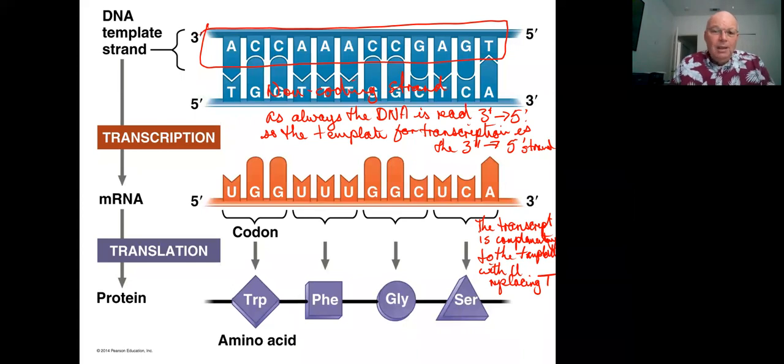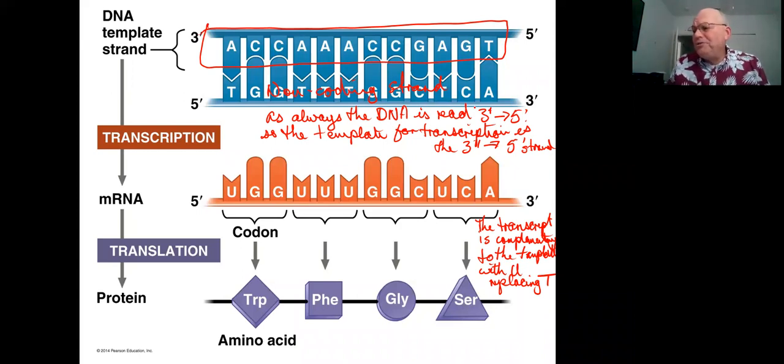direction they're read in. And the reason why this is the case is because in bacteria, you've got a very small DNA molecule. You've got a lot of genes to pack in there. So in many cases, gene sequences overlap going in both directions. So one gene would read 3' to 5' in this direction. A second overlapping gene would read 3' to 5' going in the other direction. So for one gene, this is the template, this is the non-coding strand. For the other gene, this would be the template, and this would be the non-coding strand. That is certainly possible, and we know that that sort of circumstance does exist within bacteria. Not so much in eukaryotes, however.